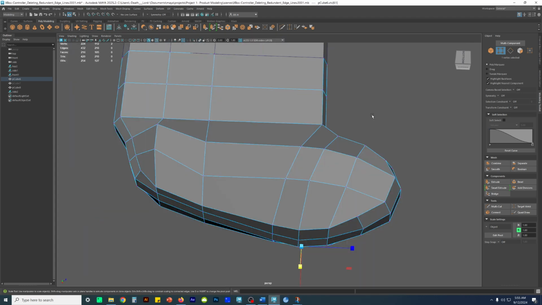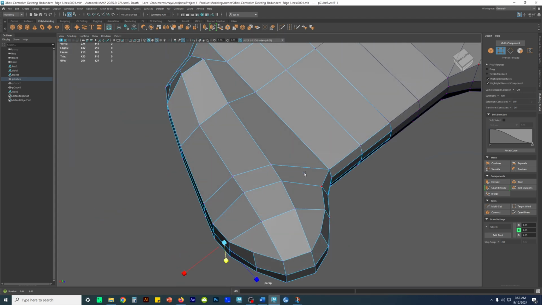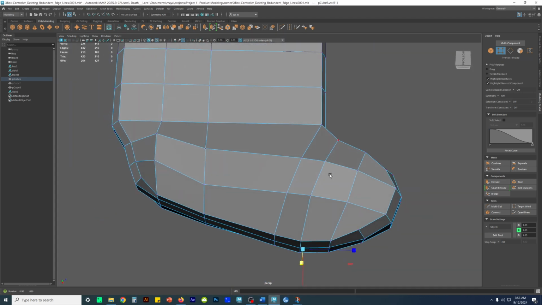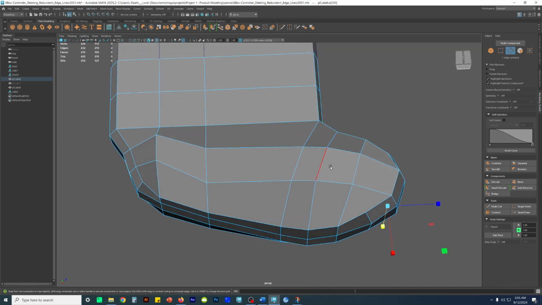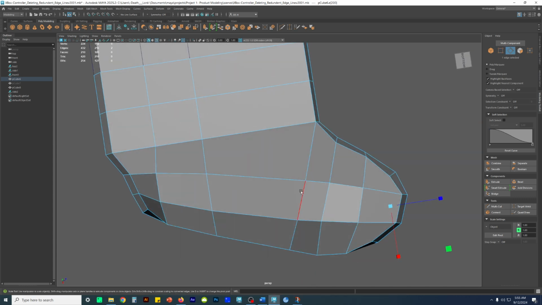You see this cutting across here? What you could do is, instead of that, you could just, well,